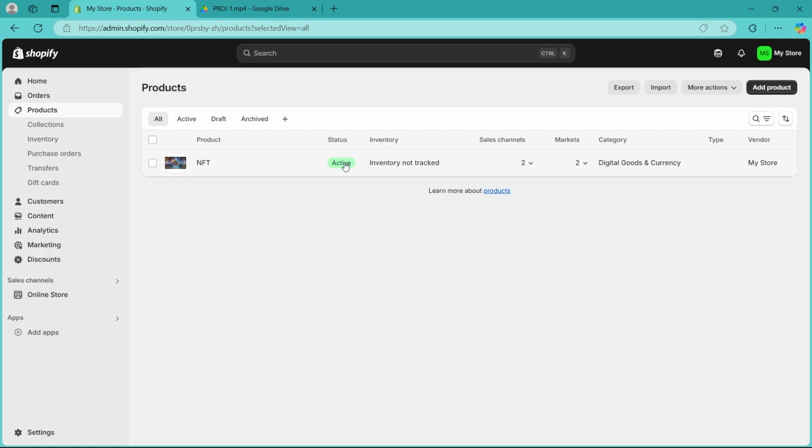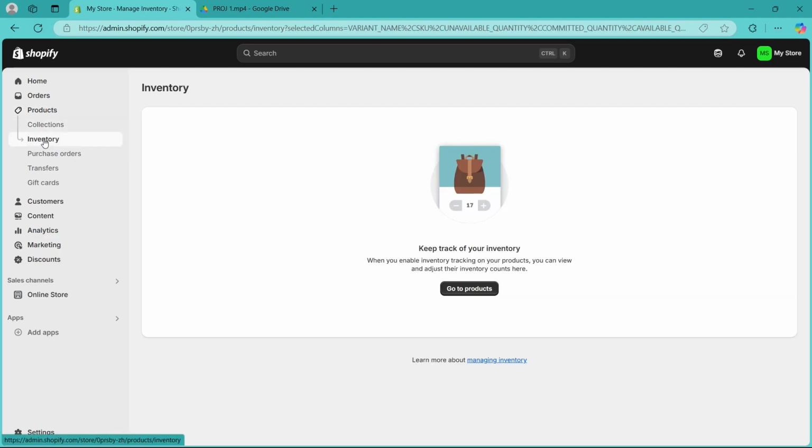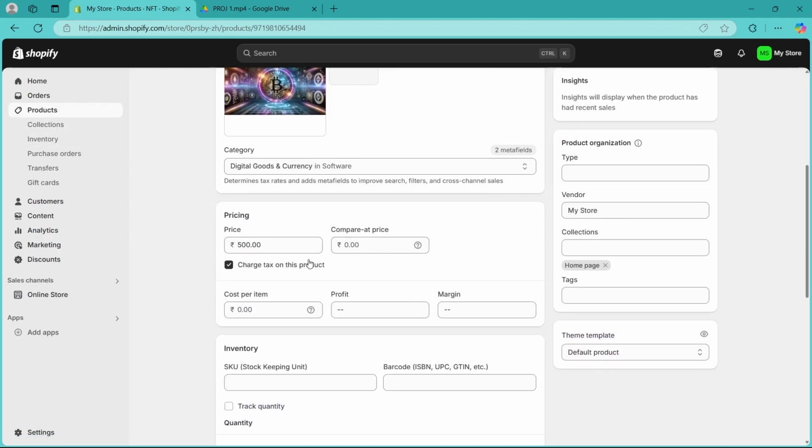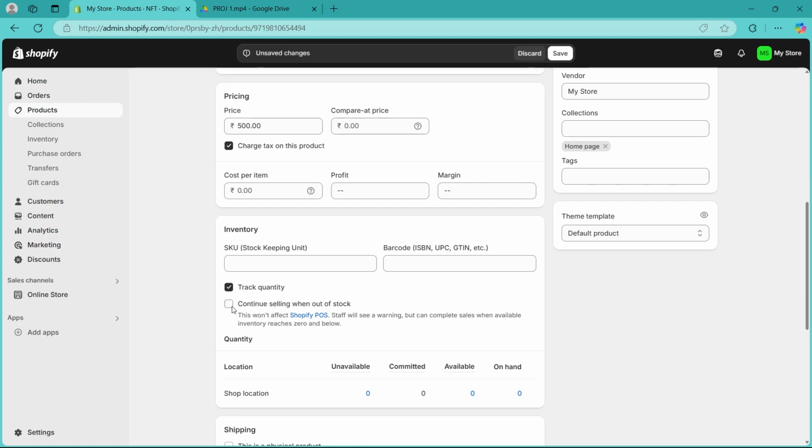Now, third way to fix this problem is verifying the inventory settings. Ensure the product has stock under inventory. Navigate to inventory under product, and if continue selling when out of stock is disabled, enable it if needed. Or you can also just navigate to products page, click on the product, scroll down, and if you're tracking the quantity, make sure you also turn this button on that says continue selling when out of stock. After you turn this button on, click on save, go back, and your product will be back on your online